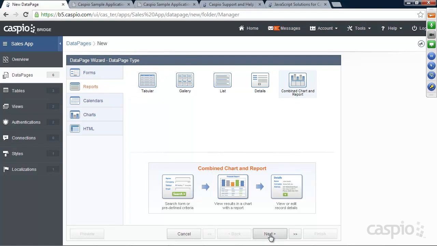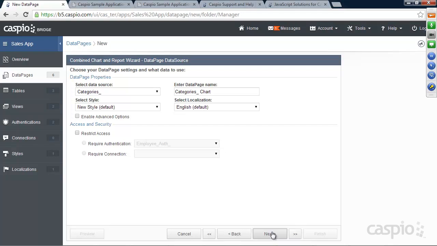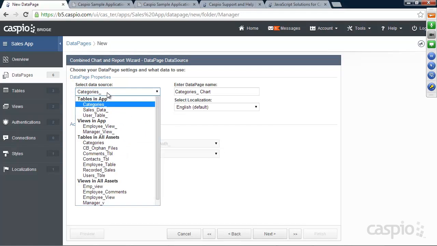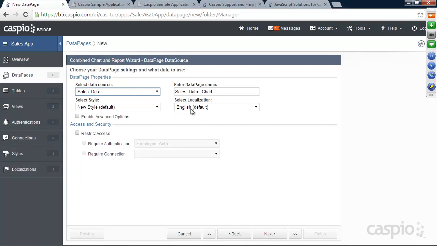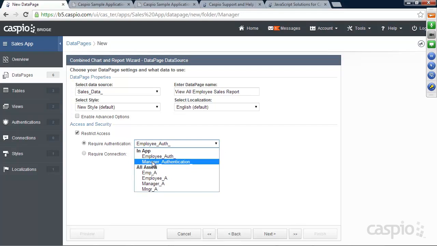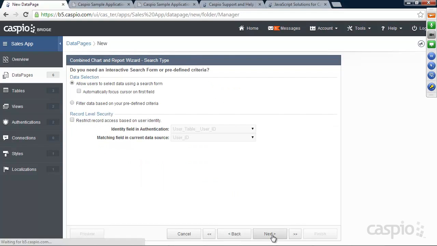And it's pretty much almost the same setup as the employee report. You just have to go through it one more time. We're going to use the sales data, and let's call this View All Employee Sales Report. And we have to restrict based on the manager authentication. Click Next. And this time I'd like to have a search form, because with the search form, let's go to